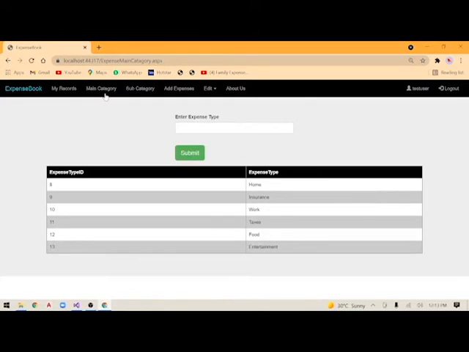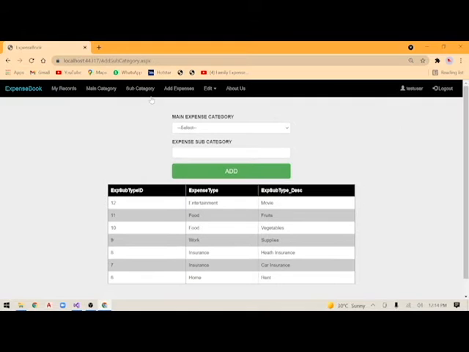These are some of the pre-installed main categories that you can use to draft your expenses, such as home. You can draft your expenses under the home category, and like that insurance, and then work, and then taxes. It will be easier for us to sort these things out when we are managing a lot of expenses. And the subcategories are child categories for the main categories. So here, if the expense type is entertainment, then the subcategory is a movie. Food also has a subcategory, fruits.